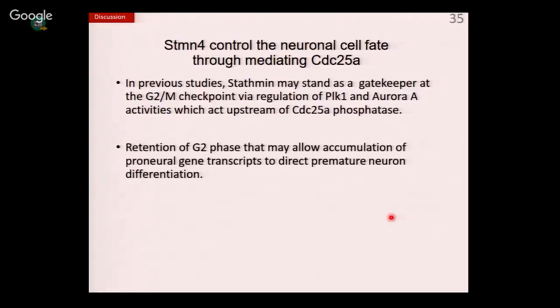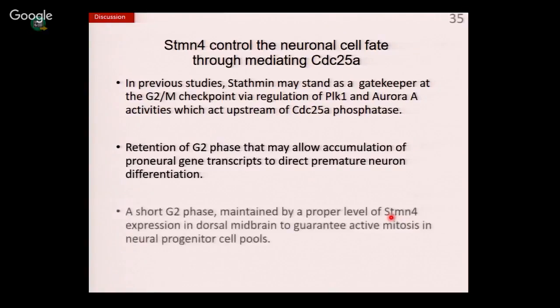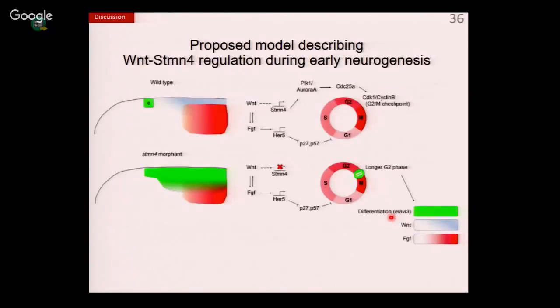The cell cycle length hypothesis has been proposed and established to provide an explanation that cell cycle regulators could elicit effect on cell fate determination factors inversely. That is, retention of G2 phase may allow accumulation of proneuron gene transcripts to direct premature neuron differentiation, just like the regulation of G1 phase by other proteins. A constantly short G2 phase maintained by a proper level of STEM4 expression in dorsal midbrain guarantees active mitosis in neural progenitor cell pools. In sum, the authors propose a model during the neural kill stage,